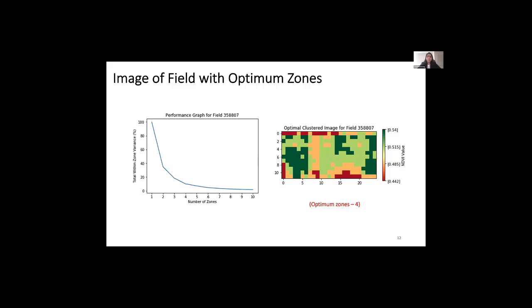So now, for better understanding of the tool, I am going to explain the results for one of the fields which is randomly selected. Here I have a performance graph with number of zones shown on the x-axis varying from 1 to 10, and within-zone variance increasing from 0 to 100% on the y-axis. Using this graph, based on our criteria, the optimum number of zones is obtained as 4 for this particular